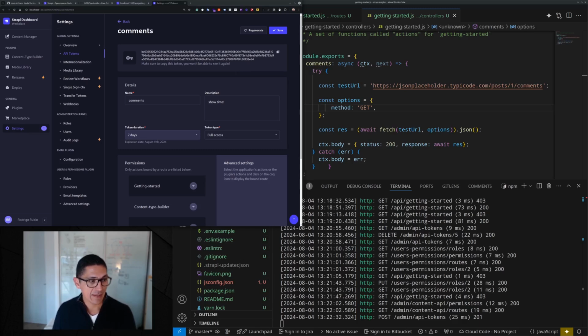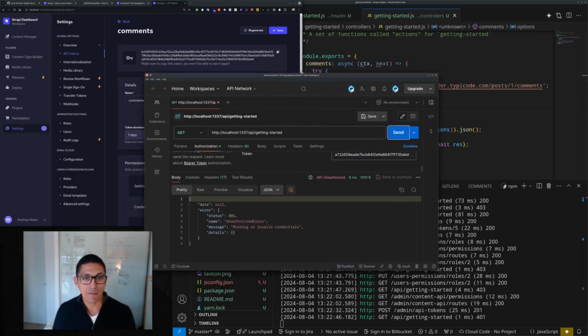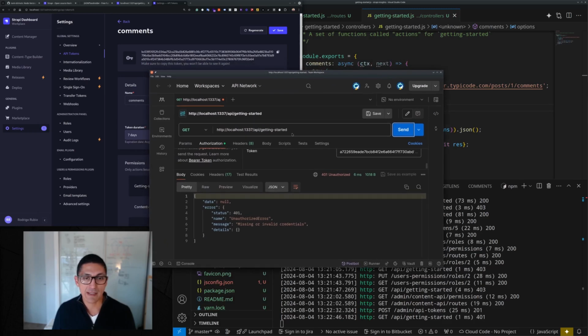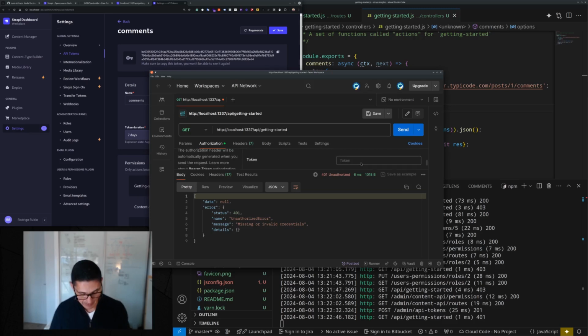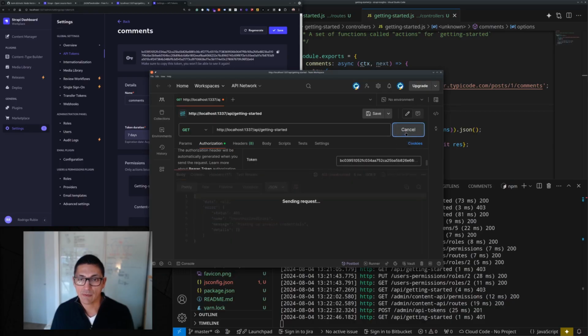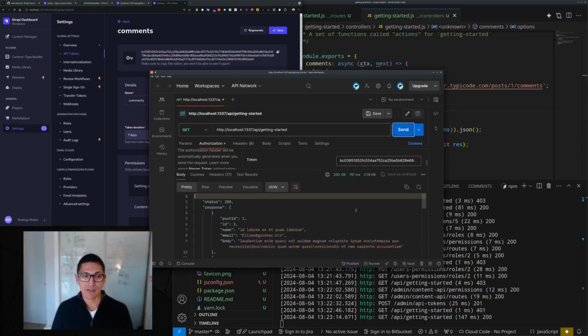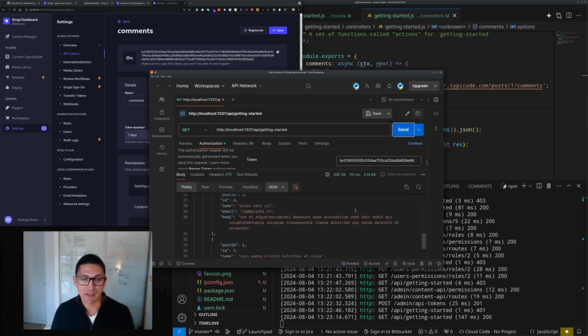Right, so how do we test that? Let's go to Postman. For this example, we're using the exact endpoint that we've been testing thus far. And let me just delete this. So underneath authorization, go to the auth type, select bearer token, and paste the newly generated token that we've just copied. And request the data, and we get a status 200 with the data that we've been seeing previously on the